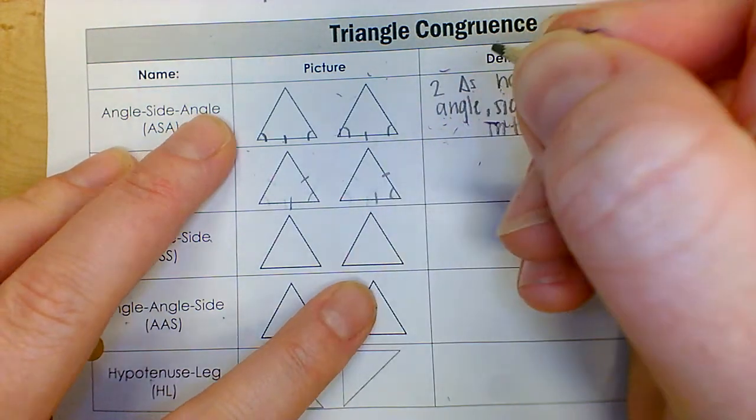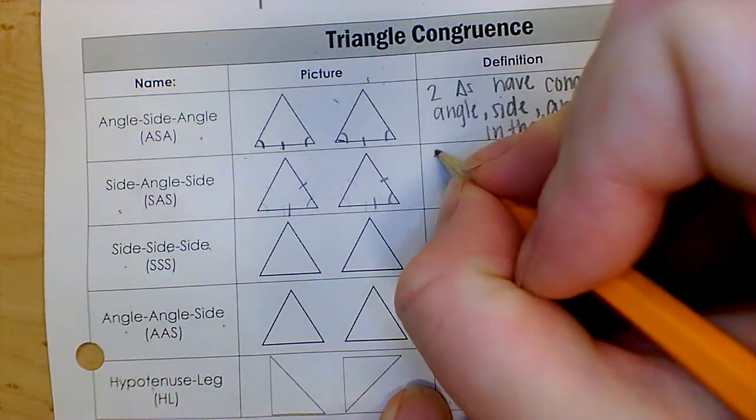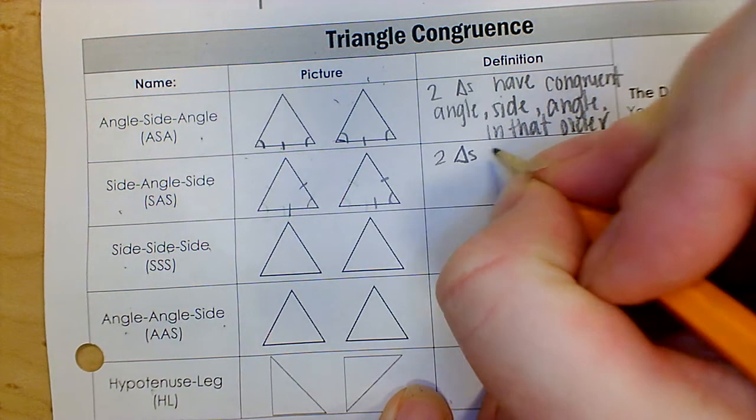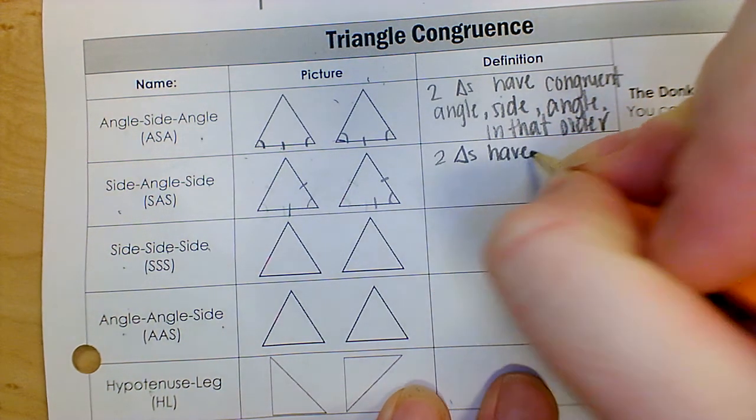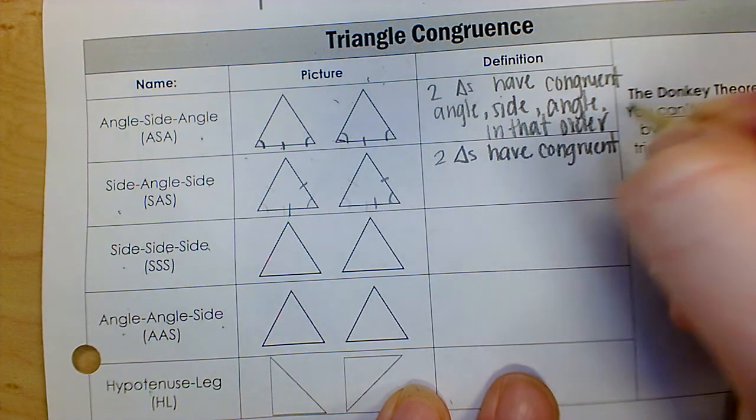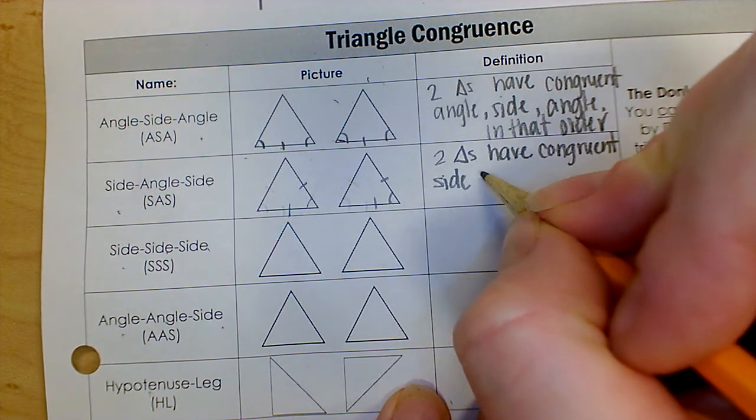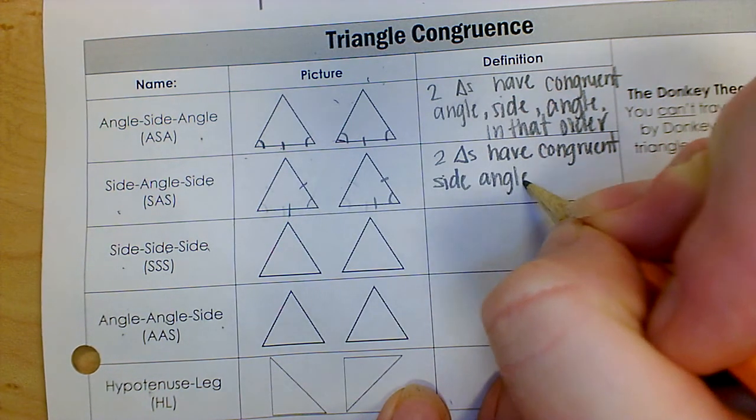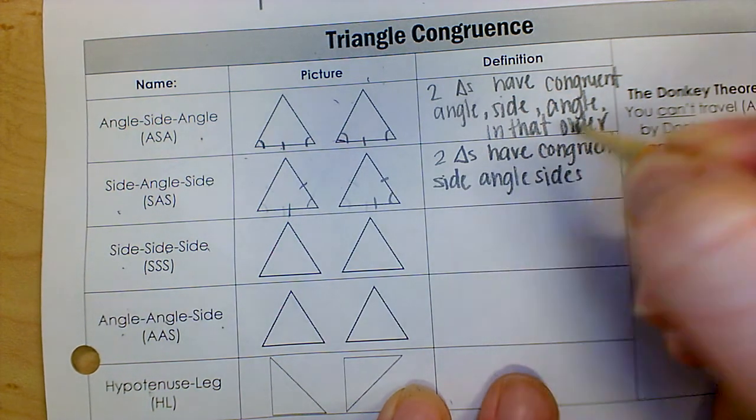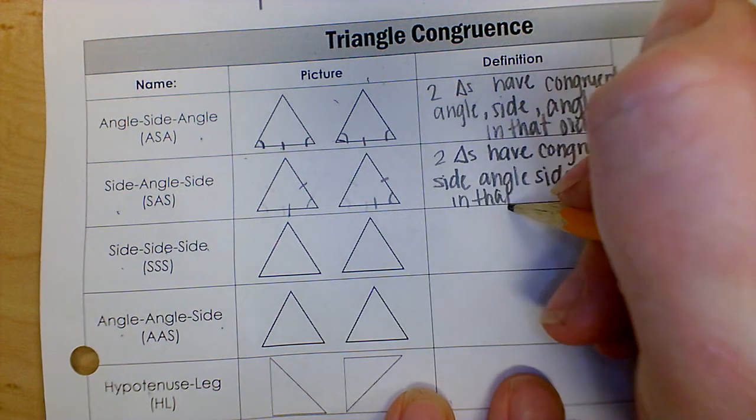Side to the next angle to the next side. So this is where two triangles have congruent side angle sides, and they have to be in the same place. So in that order,